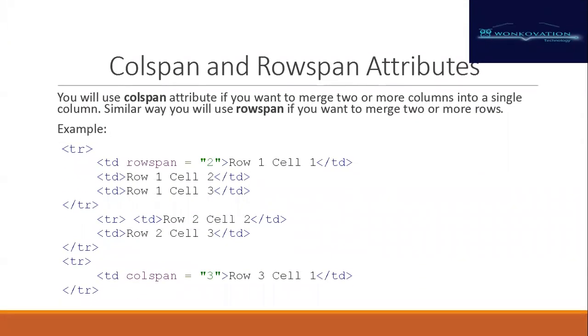Now moving further, colspan and rowspan. I told you in the previous section that if we want to remove a line, let's say there is this one and this one, and you want to remove this, you can remove it like this. If you want to remove it like this and put one whole cell over there, you can use rowspan or colspan.